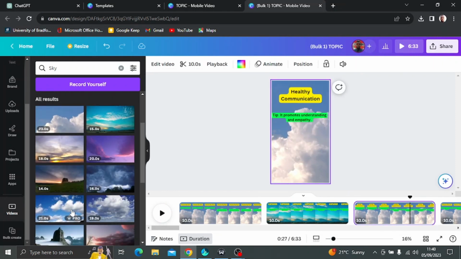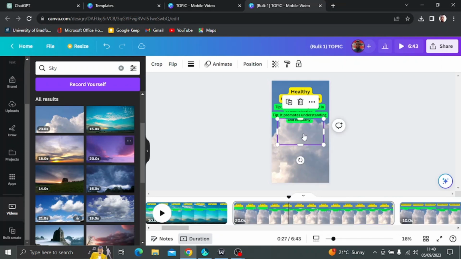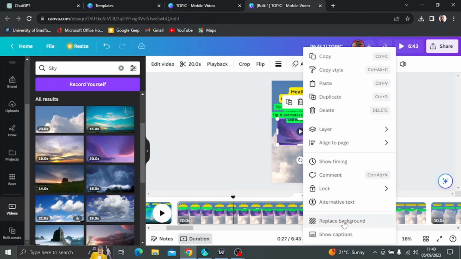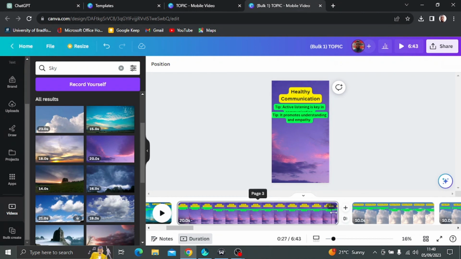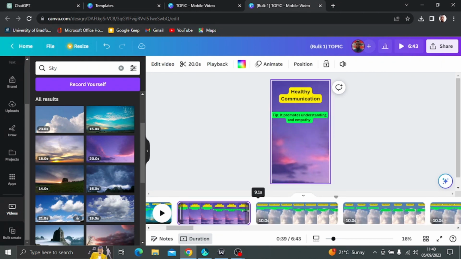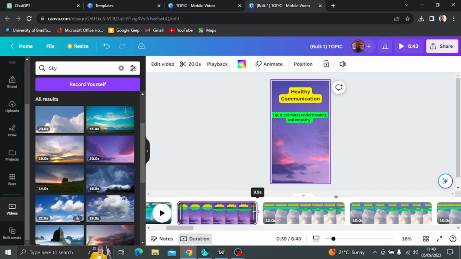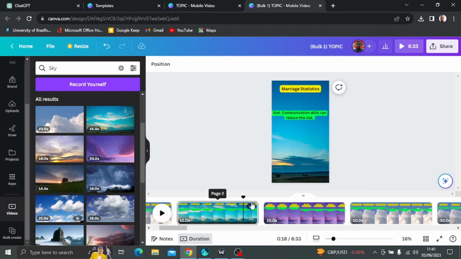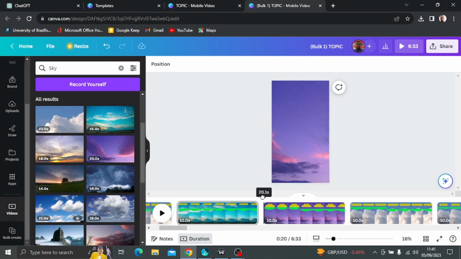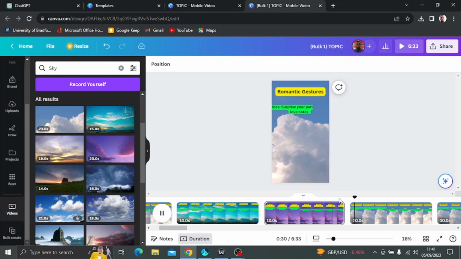Another picture of cloud. You can decide to use this purple kind of cloud. You come here again, you right click, and you replace as background. Remember, this is over 20 seconds. We want to keep it at 10 seconds because of audience retention. So watch what you see here. This is what you see here. And then you see the second one. And that is what happens to all of these videos, one after the other. And that's how you can go on and change the video background.